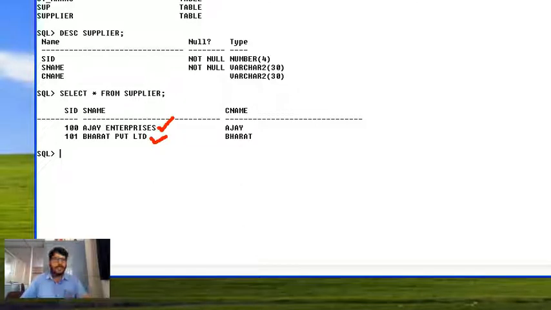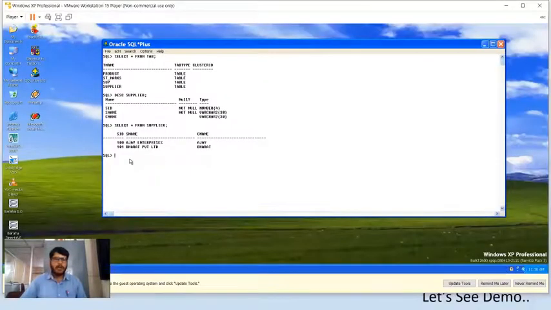So now let me insert one more record for this particular table. How to insert a new record? We have to use the insert into statement. I want to insert the record for the supplier table here, so I need to specify the table name as supplier.